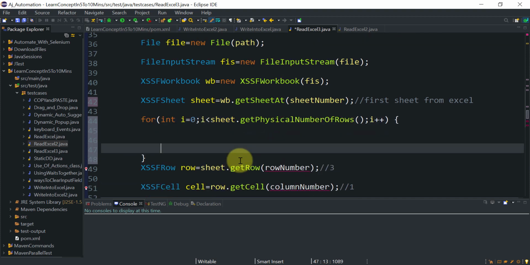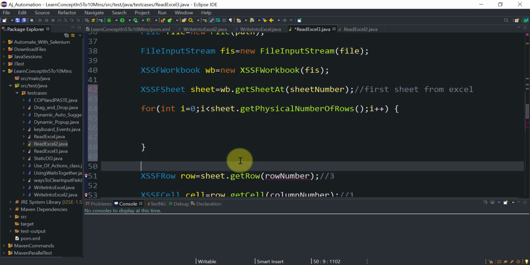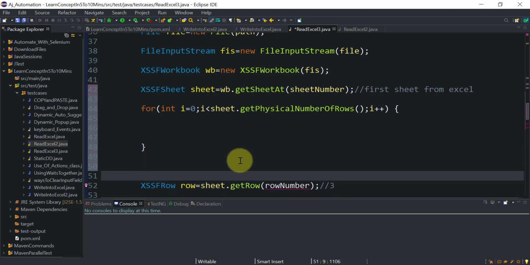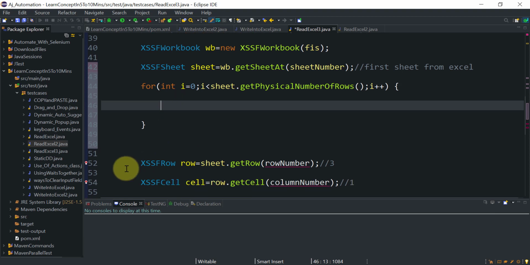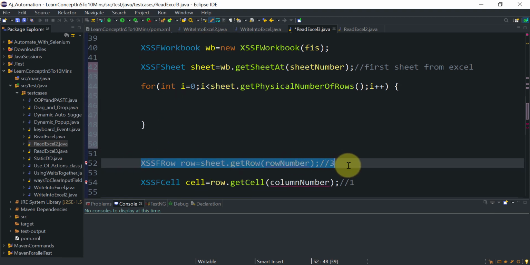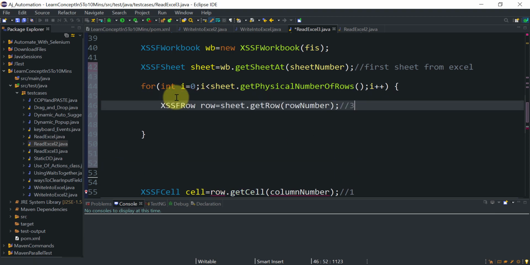In this for loop we will read each and every row from that Excel. If you want to read the row, this is the way we can read it. I will move this here, and instead of the row number, this time I will use i.